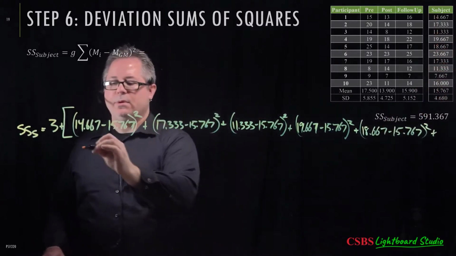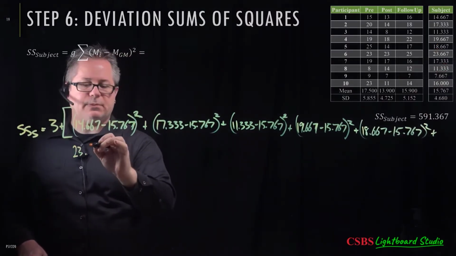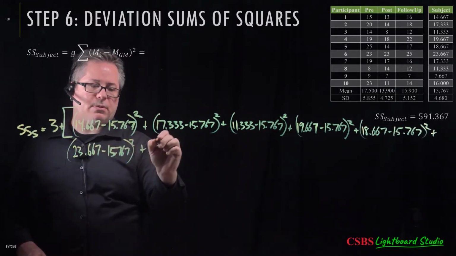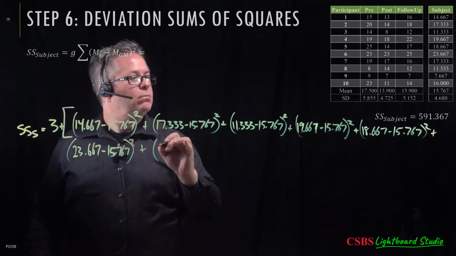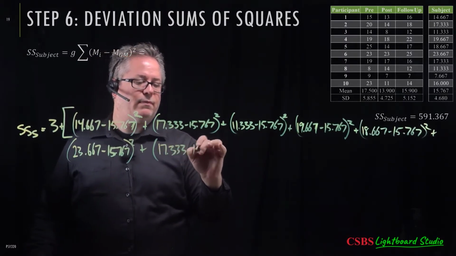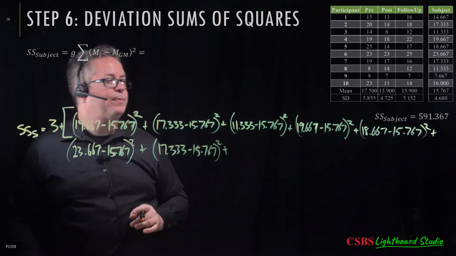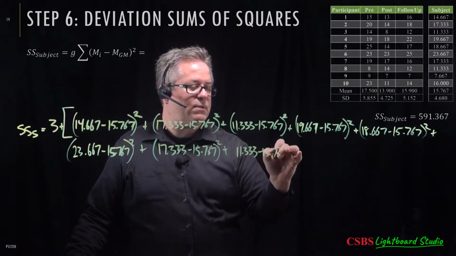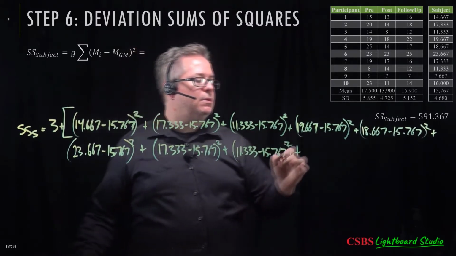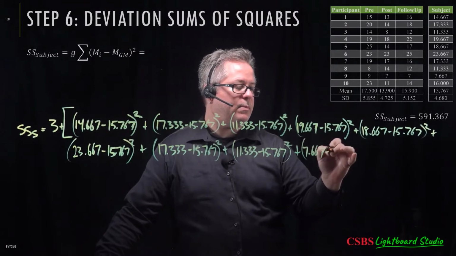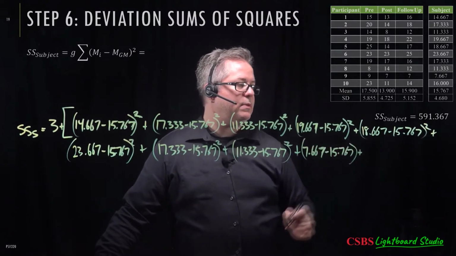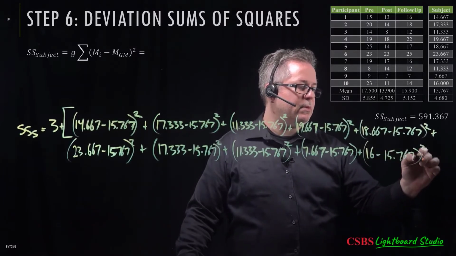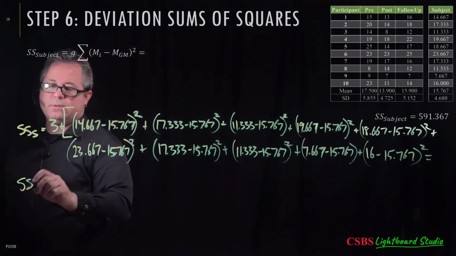So now you keep going. 23.667 minus 15.767 squared plus 17.333 minus 15.767 squared equals 11.333 minus 15.767 squared plus 7.667 minus 15.767 plus 16 minus 15.767 squared equals, so right down here, sum of squares S equals